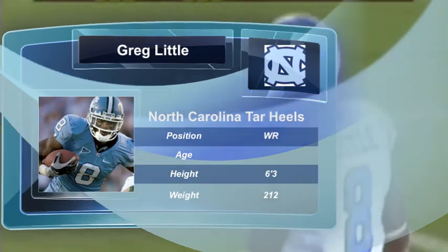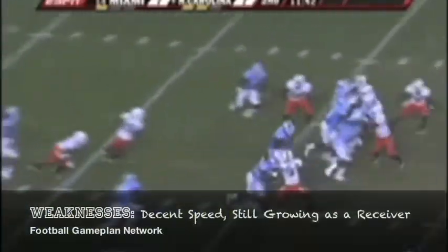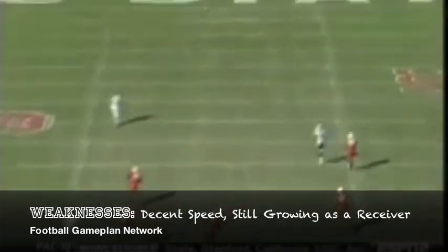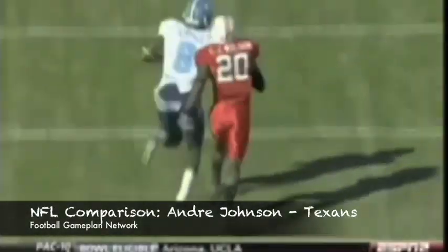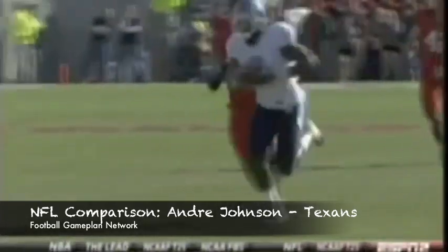Gragg is one of my favorite wide receivers because he used to be a former running back, so he brings that same type of physicality to the wide receiver position, a guy that has tremendous run after the catch skills. He's still growing as a receiver, but you get the football in his hands any way you can, and he can make it happen. You see right there, big play against North Carolina State. Reminds me a lot of Ronald Johnson in the way he's built,